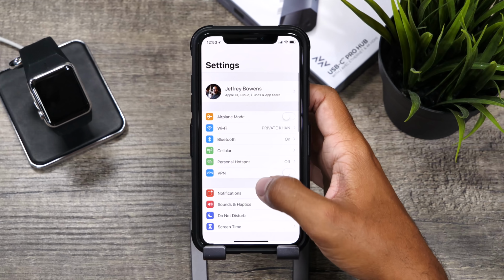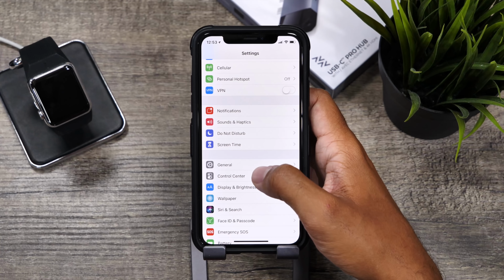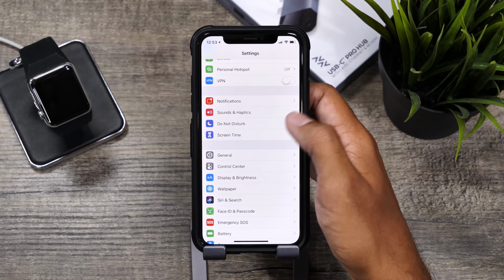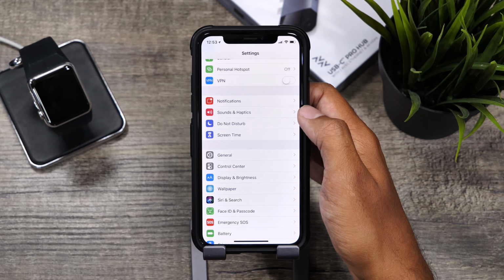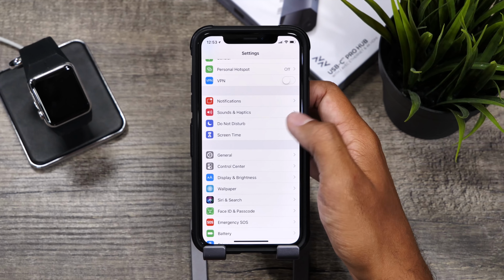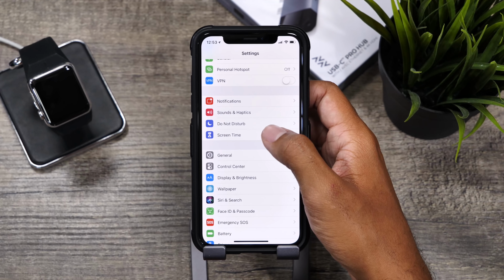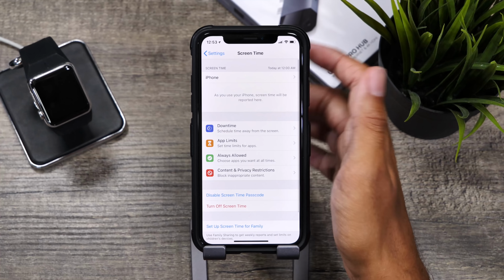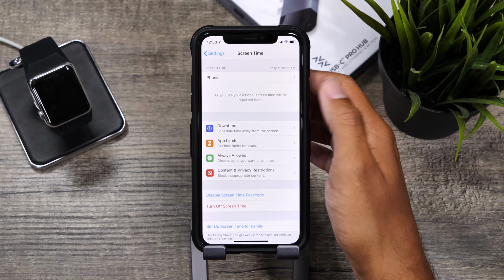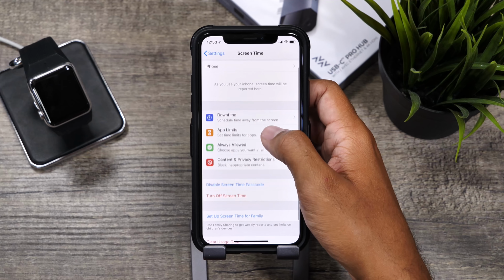But one of the biggest changes, and one that I really like, and I think I'm going to be using it, is screen time, because we all want to make sure that we are aware of how much we are on our phones and our devices, and kind of limit that as much as possible, because there's other things to see in the world. So screen time, this will basically give you an idea of how much time you are